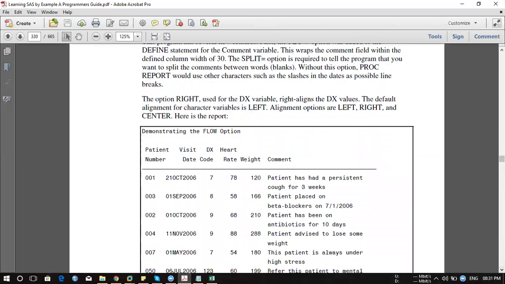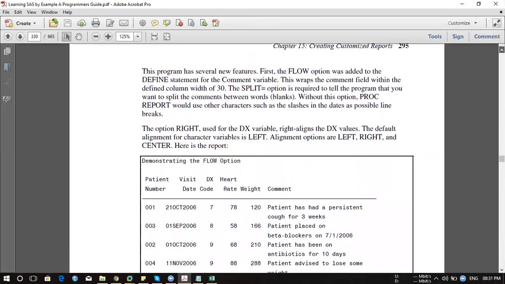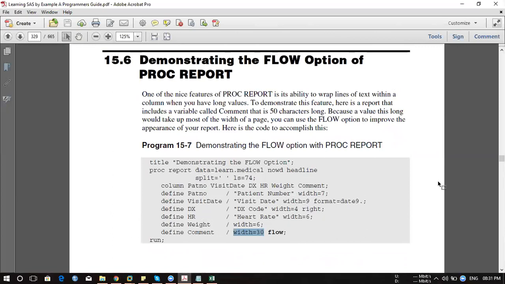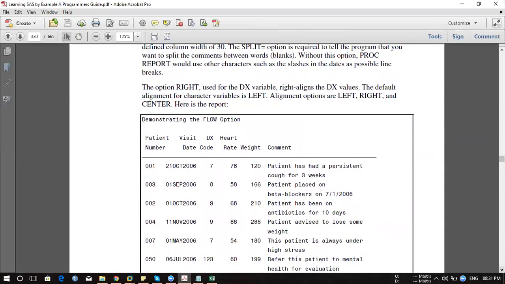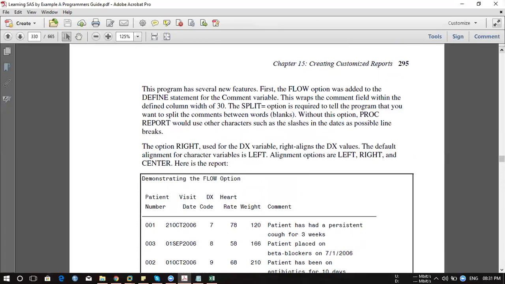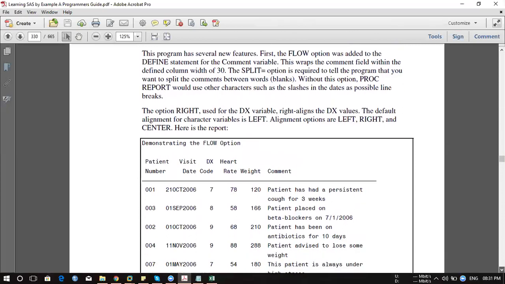Getting it? Okay. So अभी LS का मतलब इस आउटपुट शीट में क्या हुआ? Line size. How many lines you want? Oh, okay. So अगर so for example I have used split and I have used 30 and line size में for example because of the comments line size 80 चला गया है तो वो 74 में कैसे adjust होगा? No, you need to increase it back. अच्छा, I need to increase it. ठीक है, okay, got it.